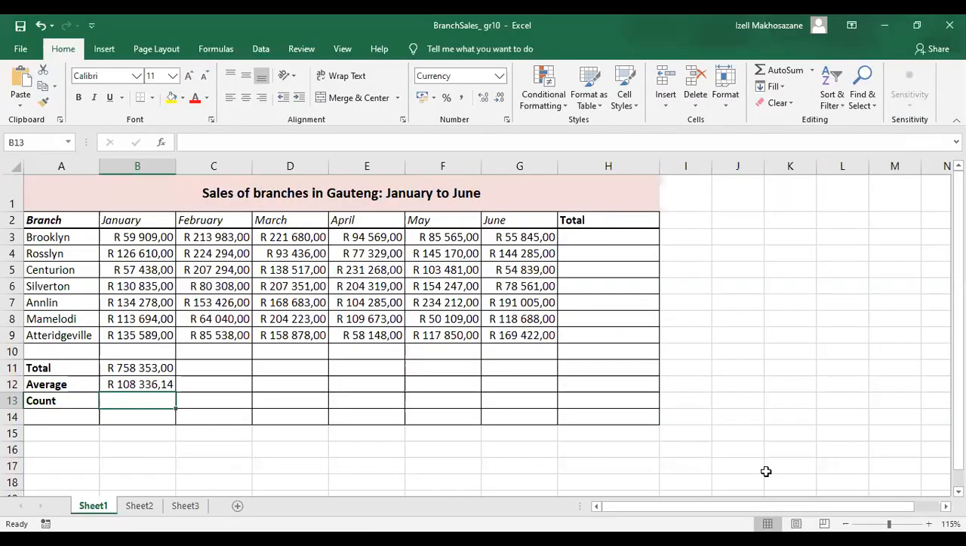So count only calculates cells. This function counts the number of cells that have numerical values. Now if you want to use the function count on this one,